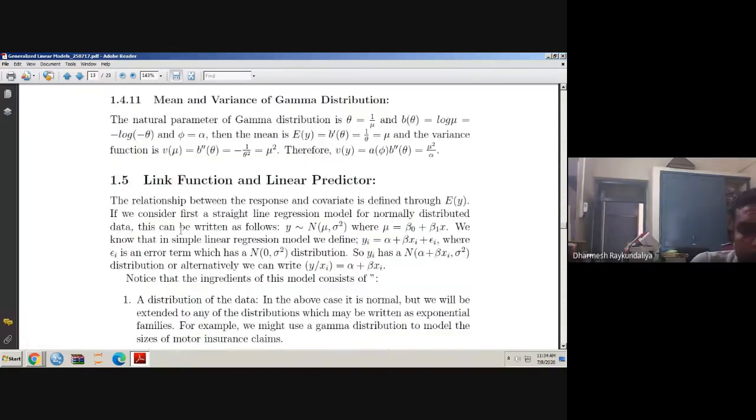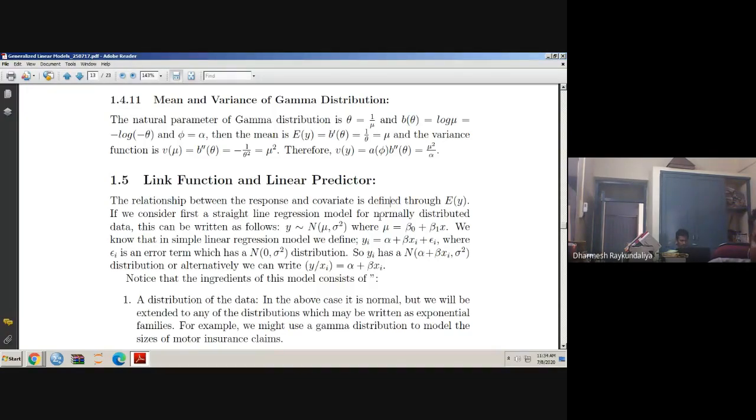Okay. Now we talk about the link function and linear predictors. I told you, while fitting generalized linear models, you require three things. What are the things? Distribution of the data. Distribution of the data means, suppose the distribution is not given, but if the variance is given as a function of the mean, some relation, then we can easily find out its distribution. For example, in a